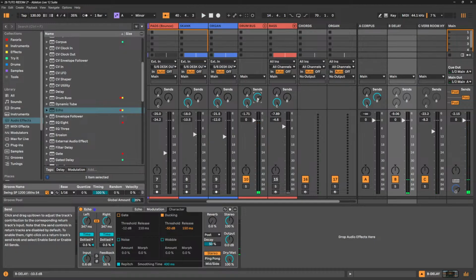So this kind of tool is set, for example, if you send the vocal in the echo. When the vocal is singing, you don't want it to be confused in some echo bounce, okay? So you will make a ducking effect with a sidechain compressor or the ducking section of your professional echo. That way, when I sing or when I talk, the echo will be attenuated, and as soon as I stop singing, it will bring back the echo in the mix, filling the gap between the words you say, without making it confused